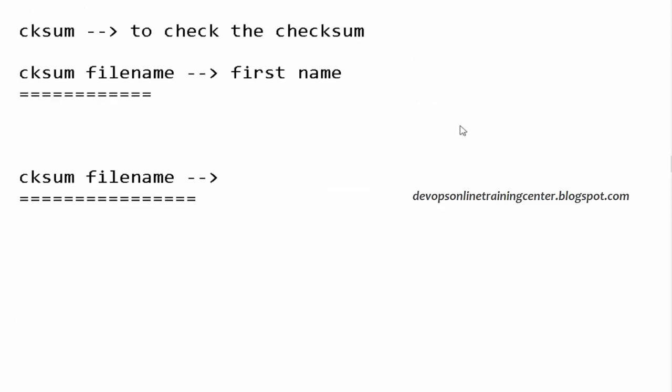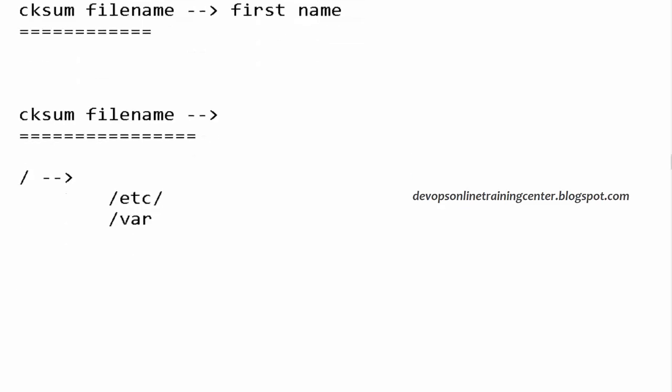You mean how much size we can use for etc? That kind of restriction won't be there generally. So it is in general slash size. Out of slash, we have several directories created, right? We have slash etc, slash var, etc. Generally, the etc directory will be part of slash only. So if etc is full, slash will be full. Maybe sometimes var will be another file system. You can just check that using df -h. This will list out all the file systems we have.